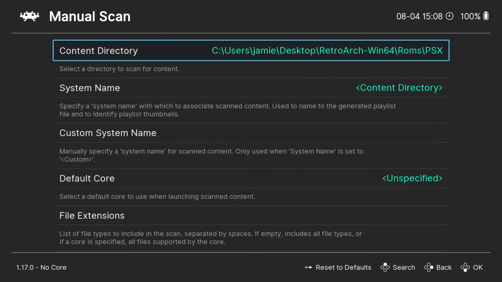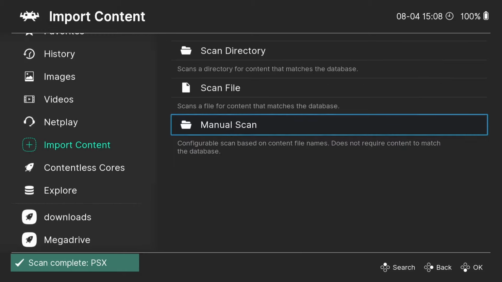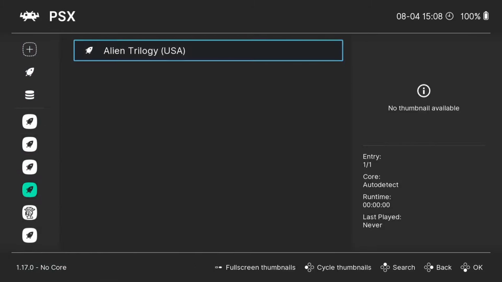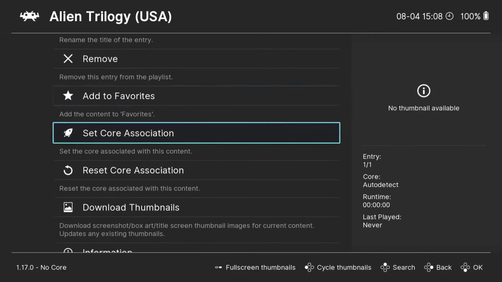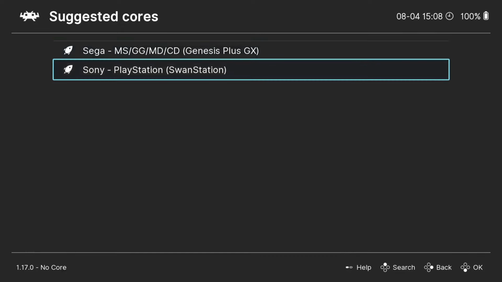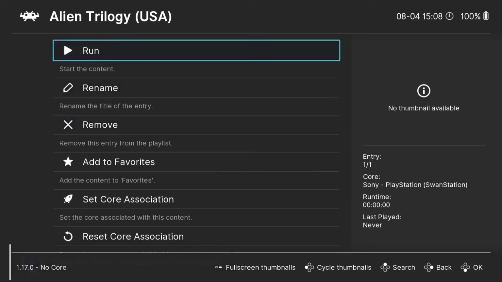And again, I'm going to press up on my D-pad, which is going to take us to the bottom. If I press A on start scan, scan complete. If I come back out and just go down, there's PSX, and here's Alien Trilogy. If I press A on this, I'm going to just set the core association for this and select my Swan Station core I've downloaded and installed. So every time I boot up Alien Trilogy, we're not going to get that suggested cores feature which Retroarch offers. If I run,